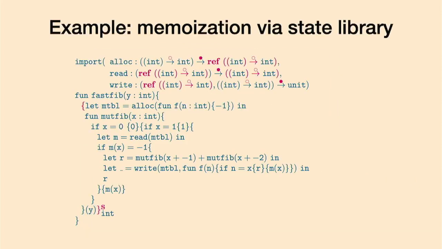So I have an example. I'm going to skip this for time. This is in the paper. It's one of the case studies that we have. It's a pure functional language, and then it links with a language that brings in state, and it doesn't have polymorphism. So here we're just implementing Fibonacci using a memo table. So we have a way of just writing in values, so it's not exponential.